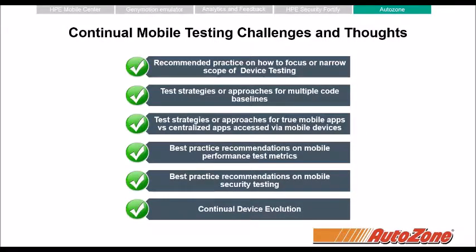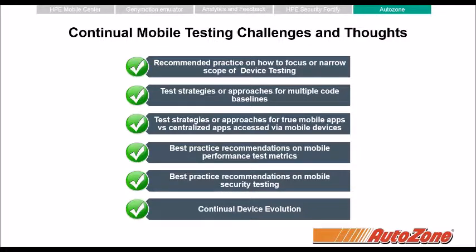So the last one here is basically some challenges that we and a lot of folks are facing right now. A lot of it is best practices as mobile testing is evolving. How do you focus on which devices you're going to test and how you're going to test them? What are the best test strategies and approaches if you have multiple code bases?